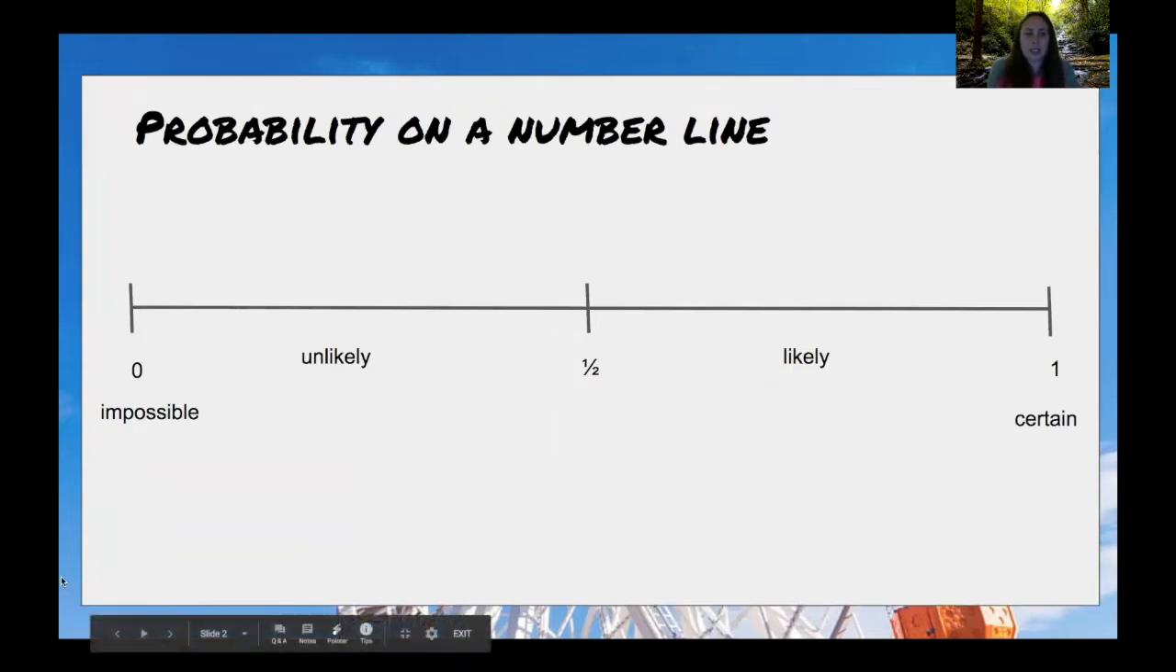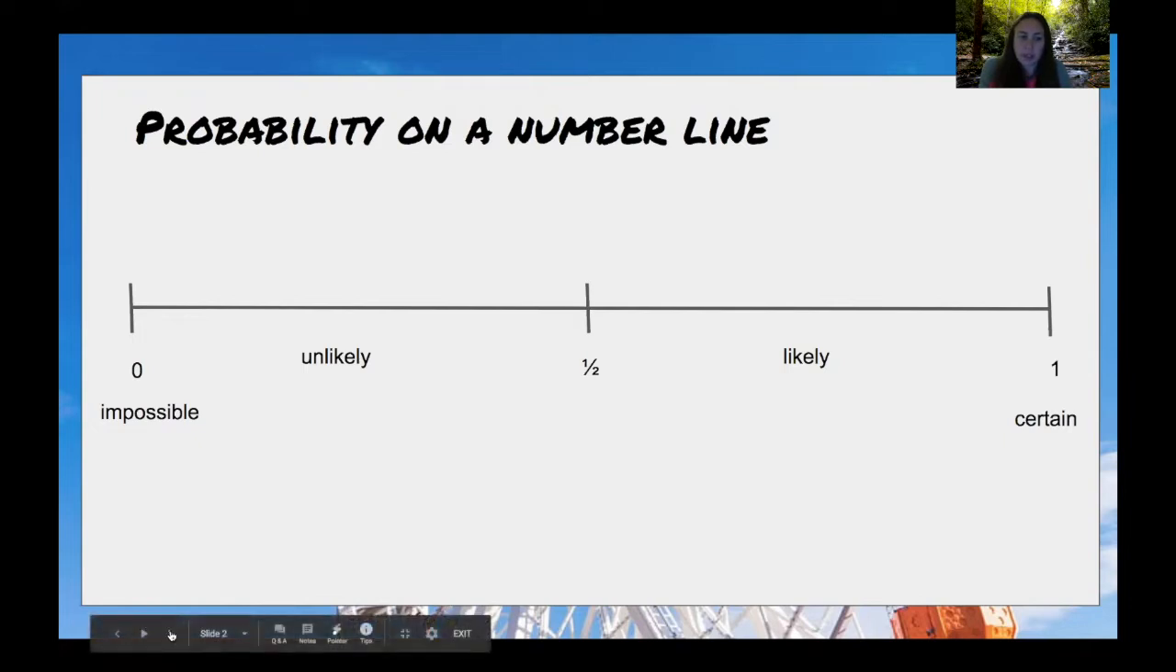We saw 0 and 1 yesterday. 0 being impossible, something that could never happen. 1 being certain, something that will happen every single time. Then I put half here. Normally, if something happens less than half of the time, we say it is unlikely to happen. If something can happen more than half of the time, we say that's likely. And that's not always, but normally that is a pretty good guideline as to where we can put our results